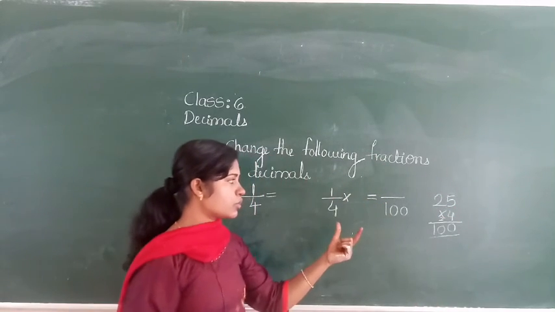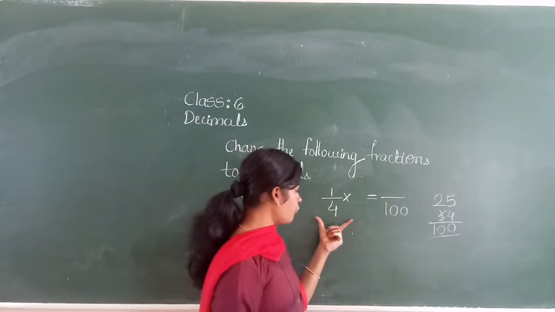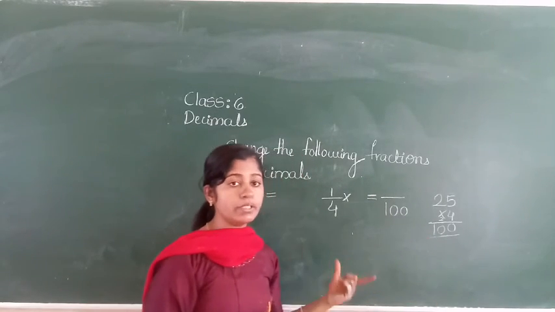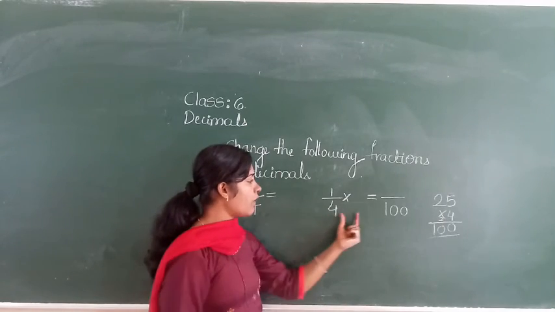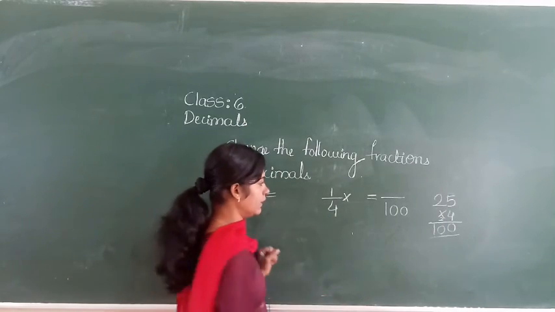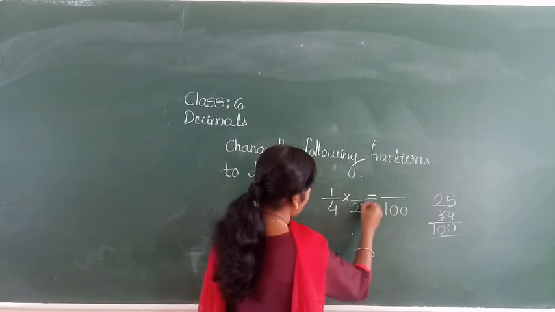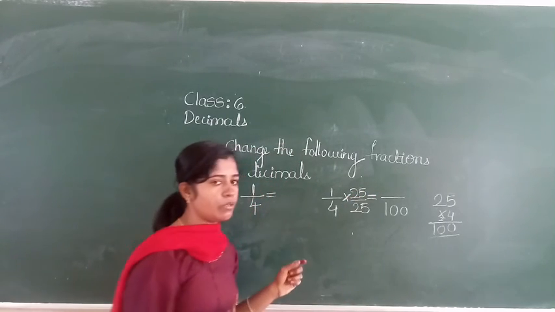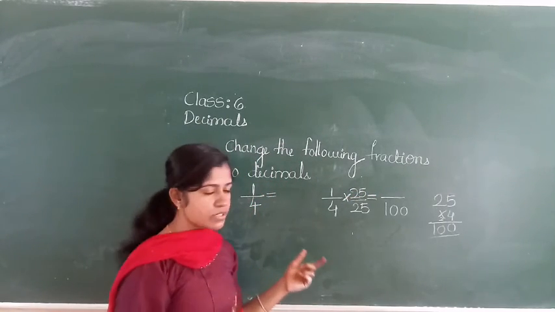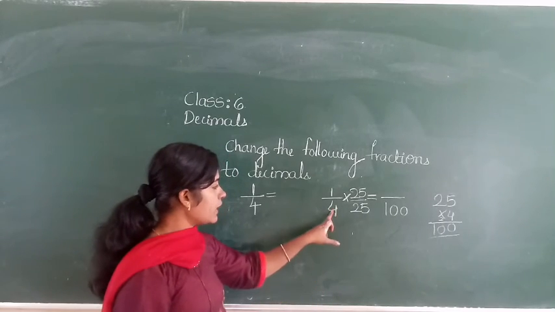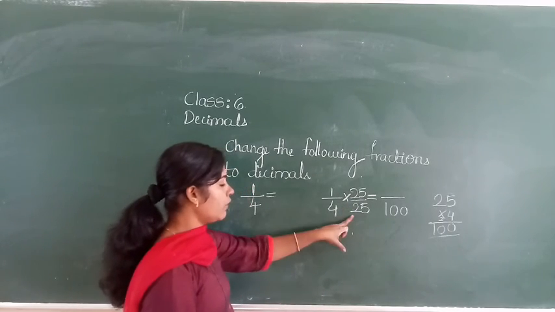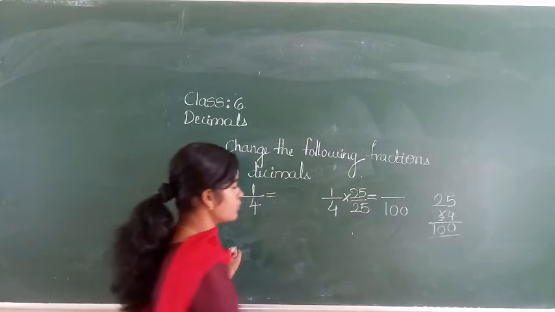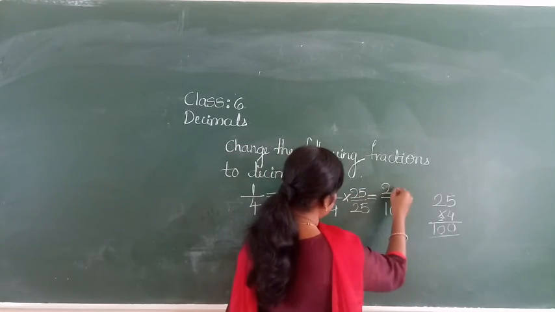See here, so in the 4 times table 100 is there. How much? 25 times. So you have to convert it into a 100. So take here 25 and write here also 25. Already I taught this when you were solving the fractions examples. Okay, see here 4 25s are 100, and whatever you are taking as a denominator, you take as a numerator also. 1 25 is 25.